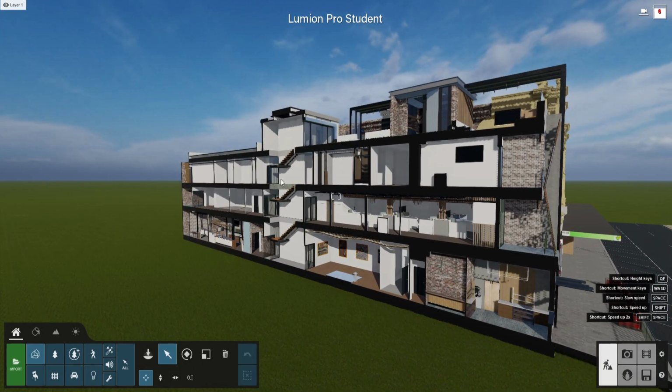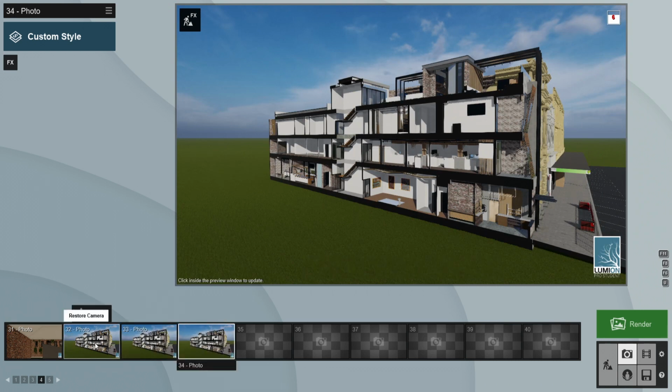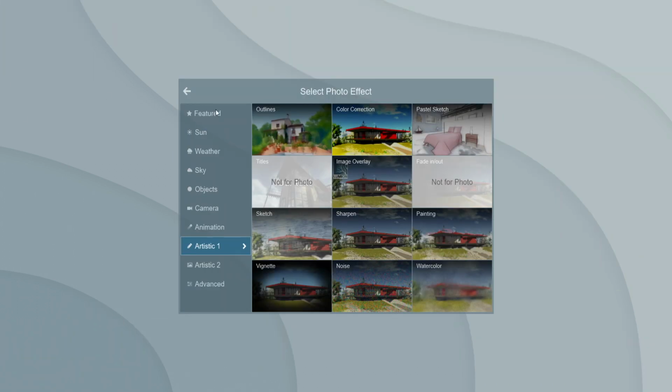With this, after you've got rid of all the objects, you want to go into the camera. And after you've got the angle, you want to just store a photo of what you want there. I like to do this 2 or 3 times, so we can add effects to each version of the photos as we wish. First effect that I want to add is